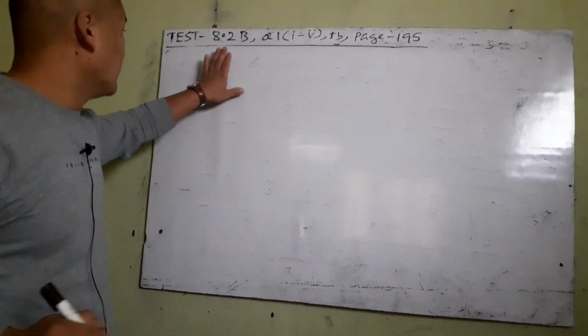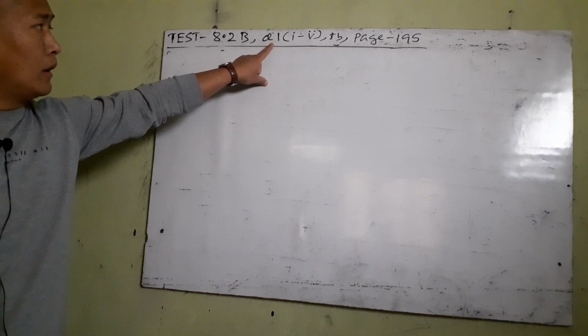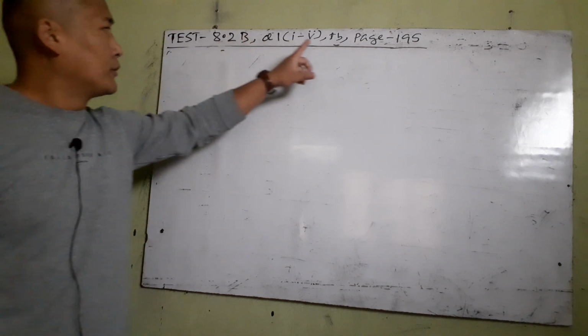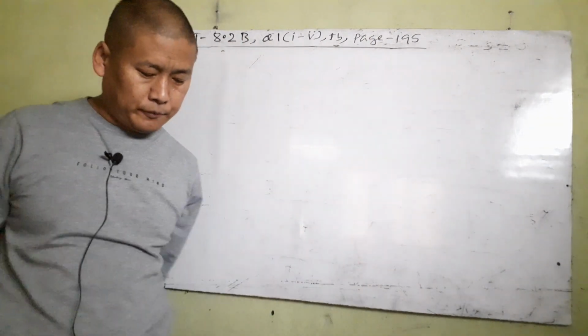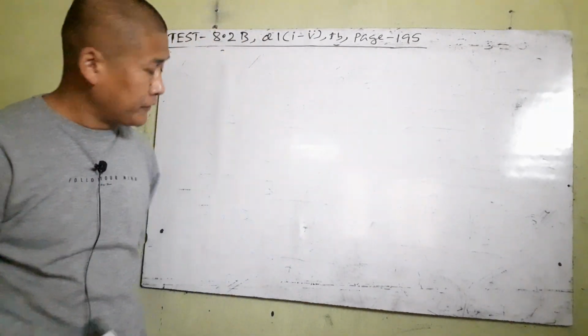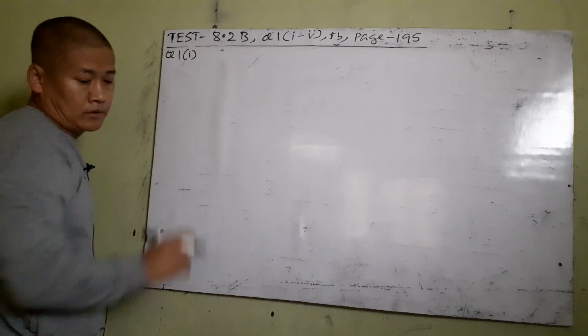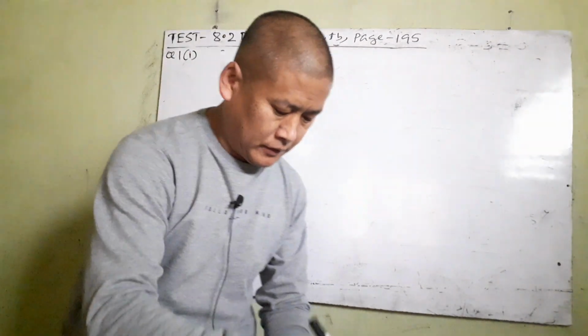Okay, so the next test here, test 8.2B, question 1, okay? And your exercise 8.2, page 195. So open your textbook to page 195. The first one here, evaluate the following. Question number 1, subheading 1. So the first one here is